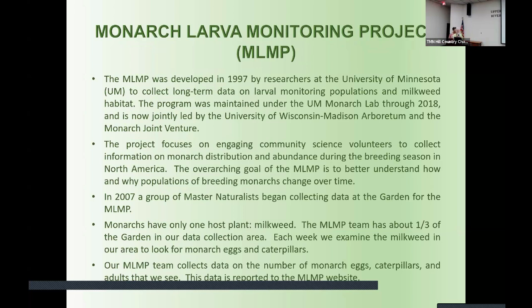Okay, the MLMP was developed in 1997 by researchers at the University of Minnesota to collect long-term data on larval monitoring populations in milkweed habitat. The program was maintained under the UW Monarch Lab through 2018 and is now jointly led by the University of Wisconsin, Madison Arboretum, and Monarch Joint Venture. The project focuses on engaging community scientist volunteers to collect information on monarch distribution and abundance during the breeding season in North America. The overarching goal of the MLMP is to better understand how and why populations of breeding monarchs